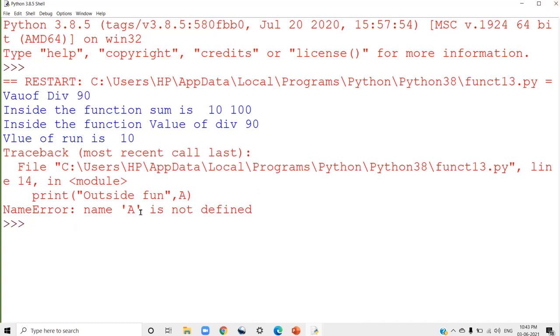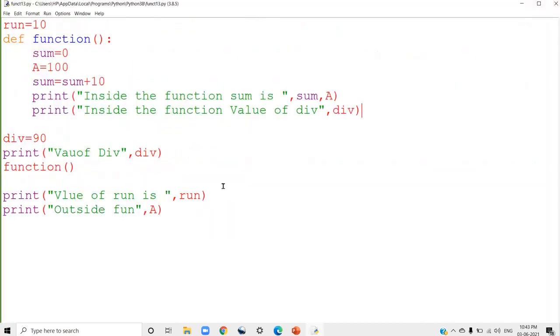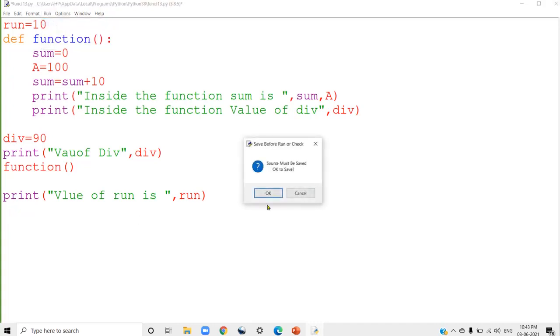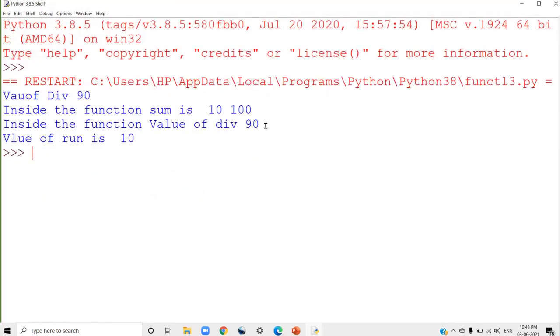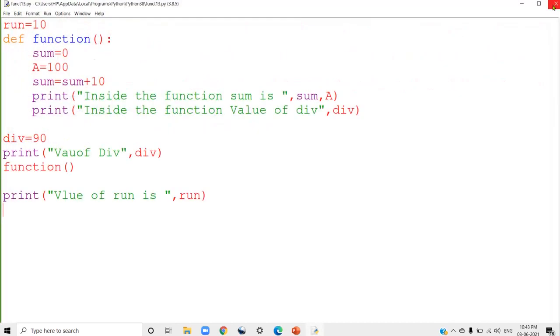This is the error of the previous example, that is, A cannot be accessed outside the function. You can see the value of div. See, the value of div is 90 here. Div is a global variable which can be accessible inside the function.